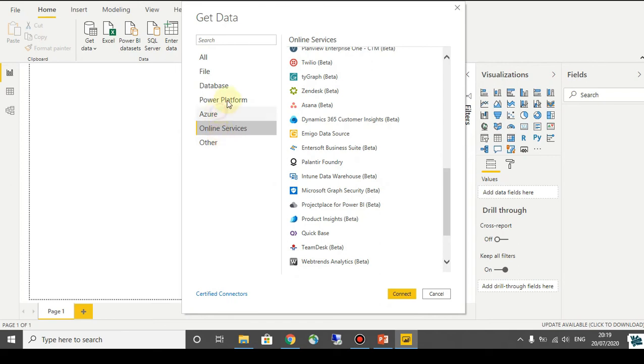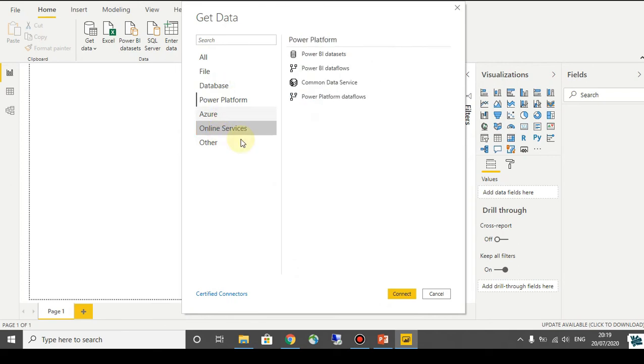So these many are the sources through which we can import the data.